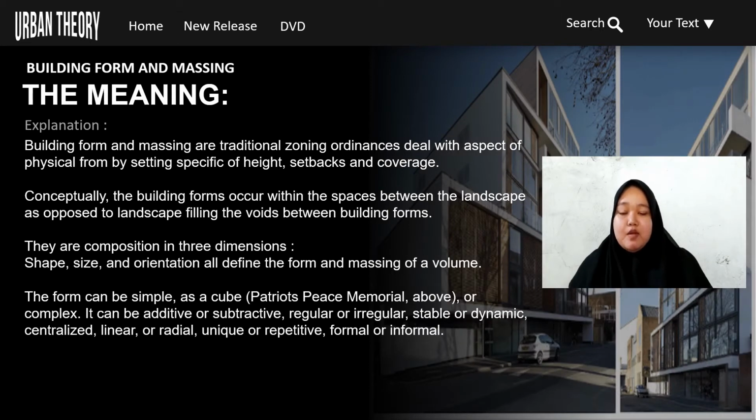The building form and massing must be considered in respect to the landscape strategy. So here's the meaning of building form and massing. Building form and massing are traditionally dealt with in zoning ordinances, which address aspects of physical form by setting specific limits of height, setback and coverage. Conceptually, the building form occurs within the space between the landscape, as opposed to landscape filling the voids